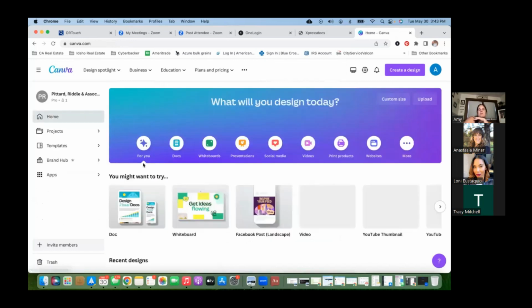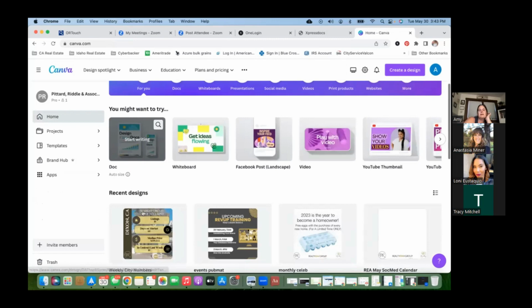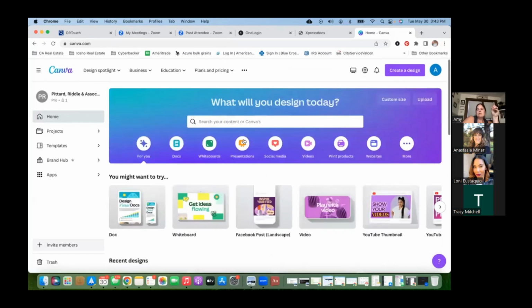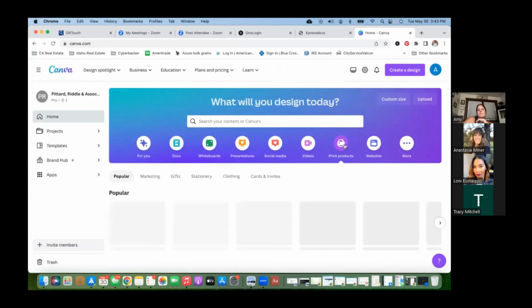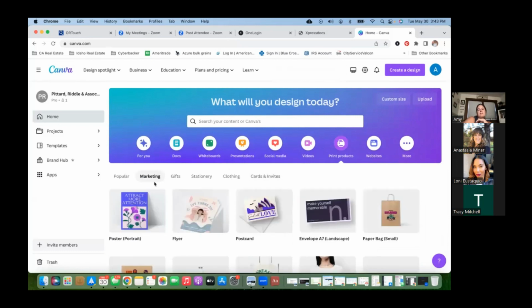So let's go back. With the pro, you can use anything inside of Canva without getting charged for it. This is where we do all of our social media posts and stuff, but you can also go to print products. Here, if we wanted marketing, I just clicked print products and then marketing. And then if I wanted postcards,